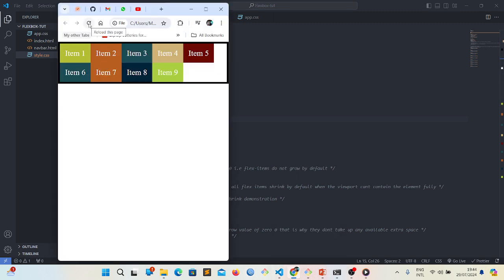So I'm going to be having 6, 7, 8, 9 above. So instead of wrapping below, it's going to wrap above. So it's wrap reverse. Do you get now? So that's just it. So similarly, guys, I can also simulate when we have our container or our flex items